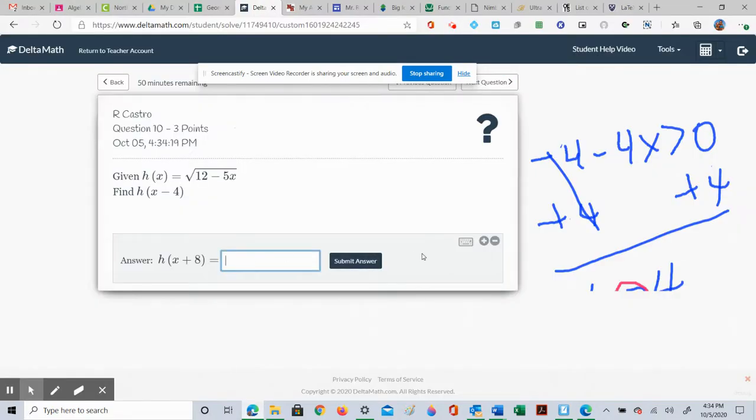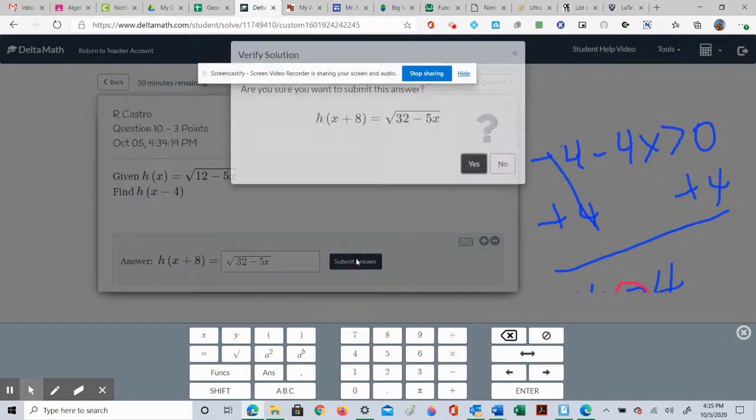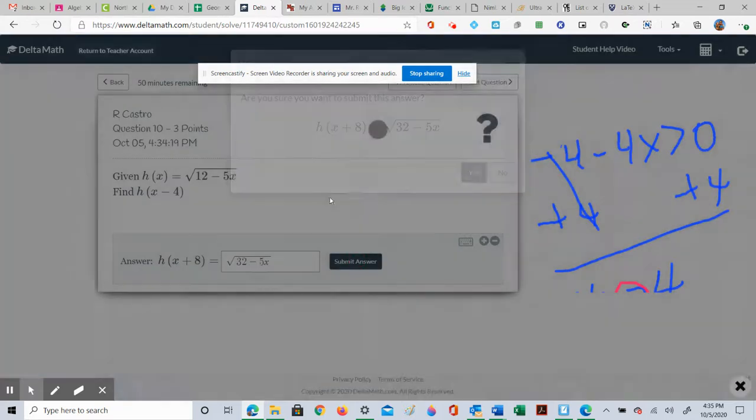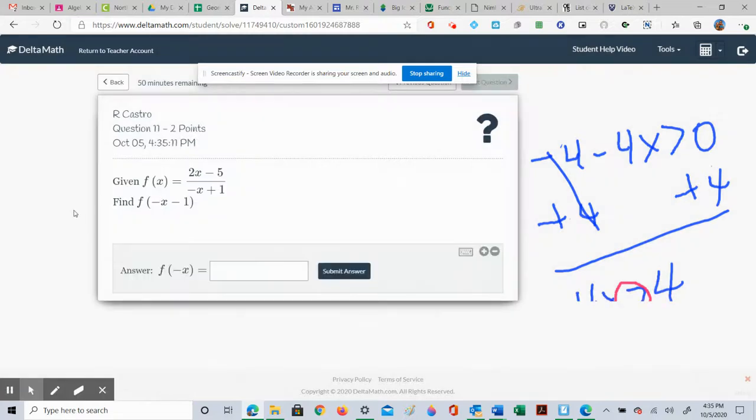Here. Again, drop down the keyboard. There's a square root key. Square root of 32 minus 5x. Submit answer. Yes. And finally, this one's real simple, but I want to show you how to put in the